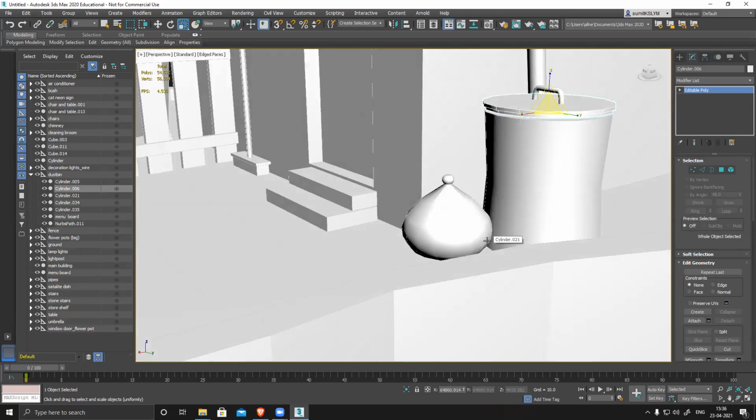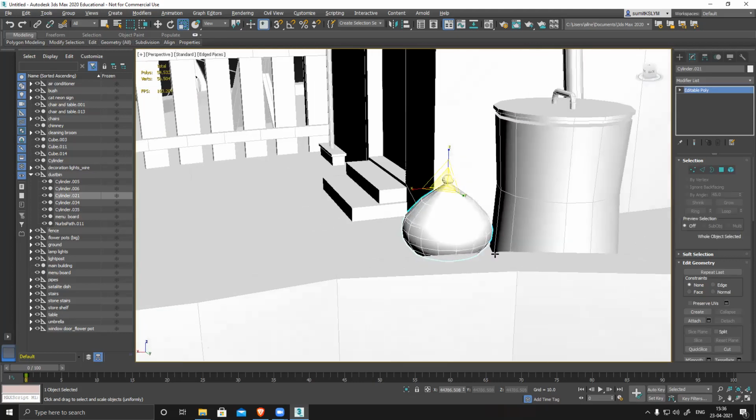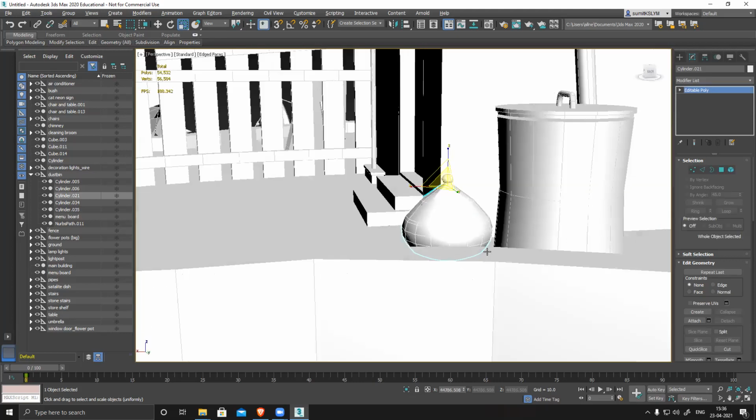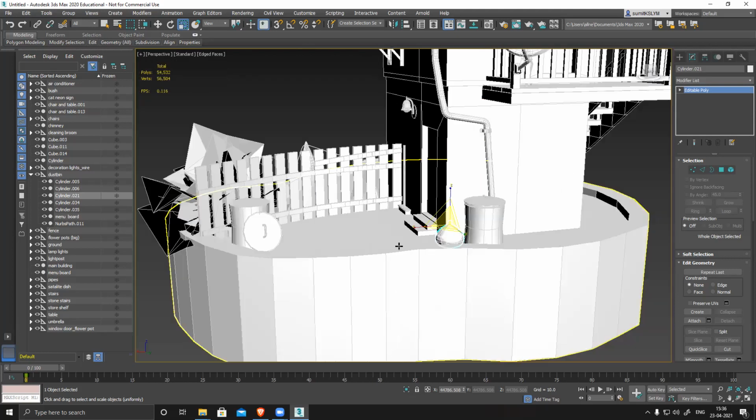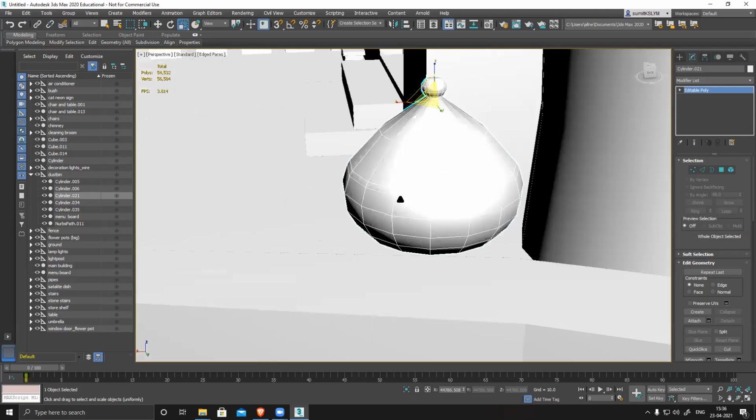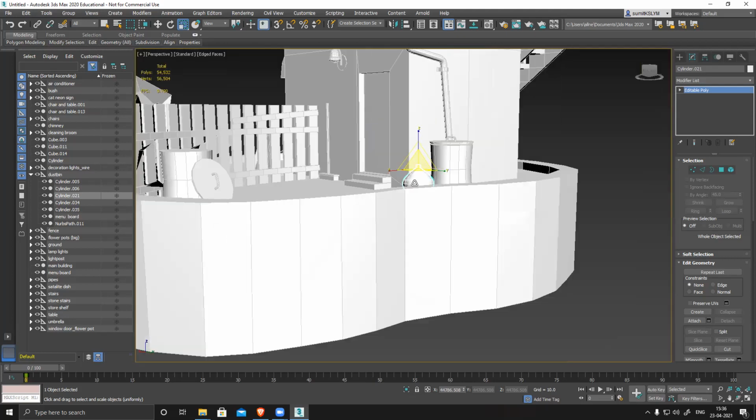So this is something you can modify. Yes, sir. I'll just pull some vertices here and there and make it a little uneven, because a garbage bag will have a random shape. It cannot be this kind of symmetrical and nice round volume, right? Yes, sir. Yeah, rest looks fine.